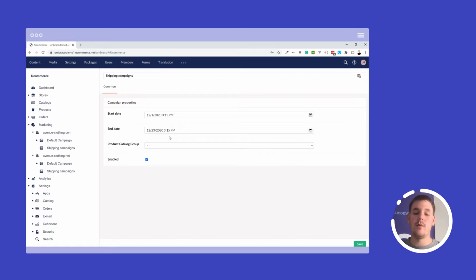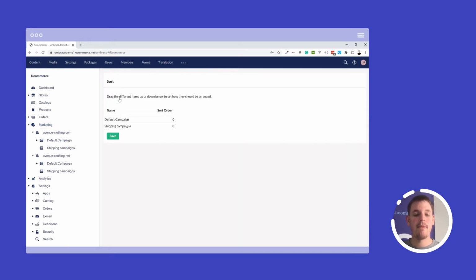Before we dive into that, I want to talk a little bit about prioritization of the campaigns, because you can prioritize in what order these campaigns are evaluated, which becomes important when we take a look at the configuration of the campaign items. So by clicking on the marketing node here again, I can click prioritize campaigns.